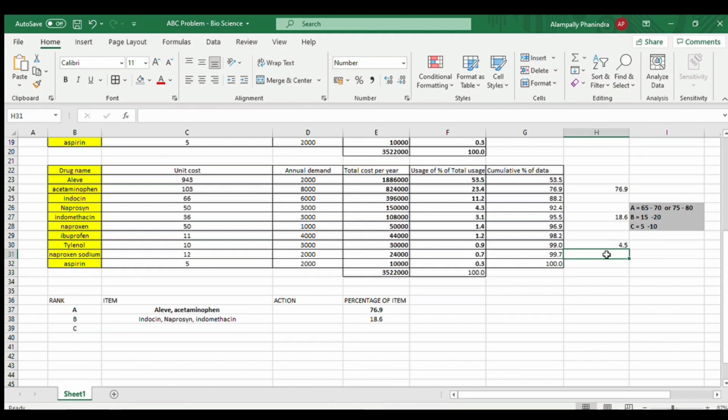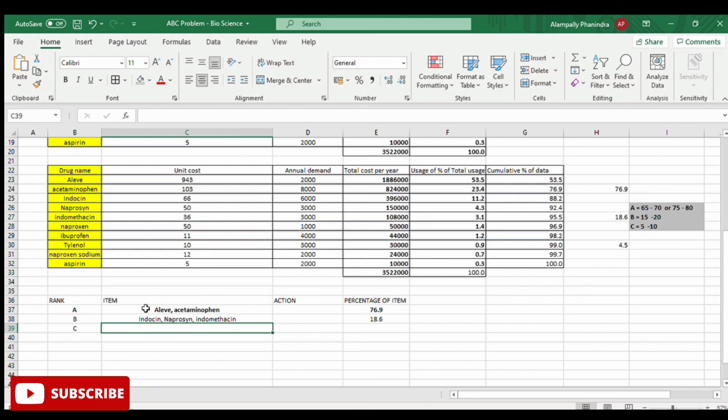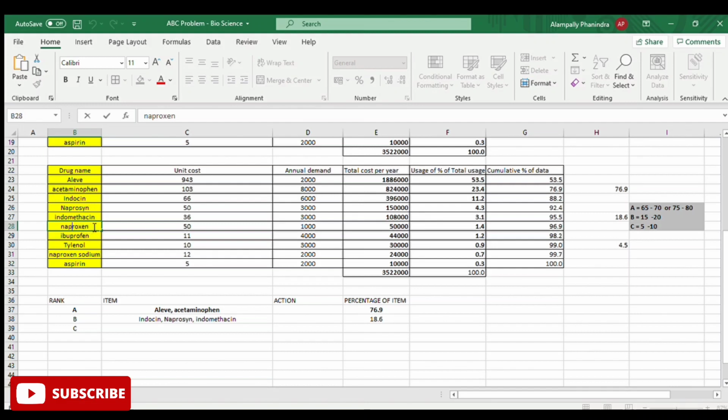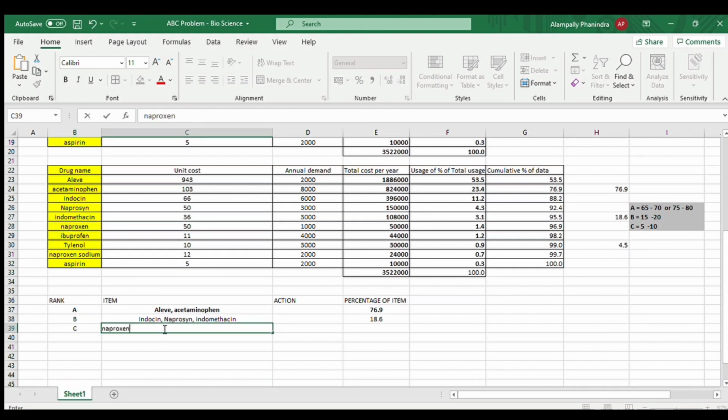Okay, 4.5. So coming to the C category, what are the other drugs which you have chosen from naproxen, right? Naproxen, and this is another drug. Just simply do copy paste.